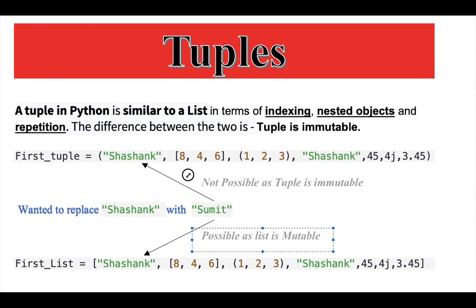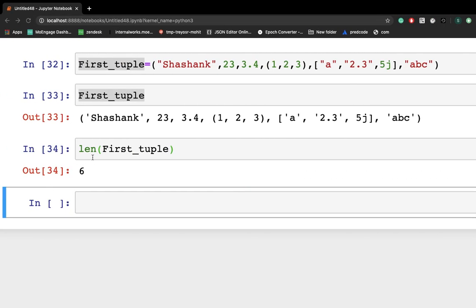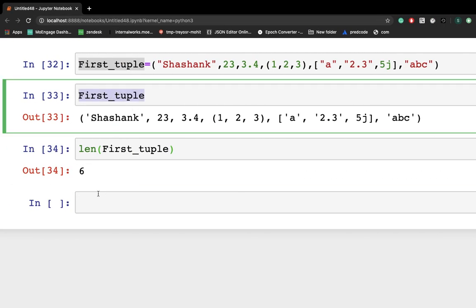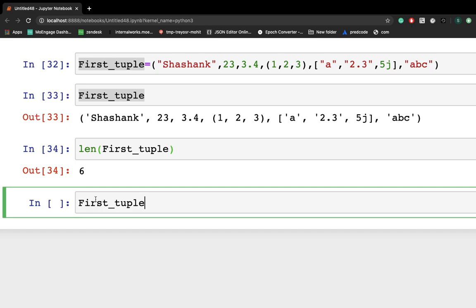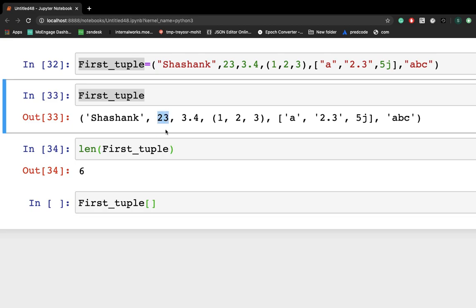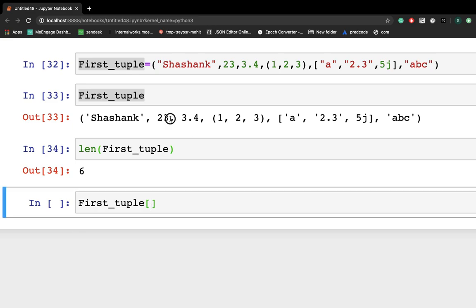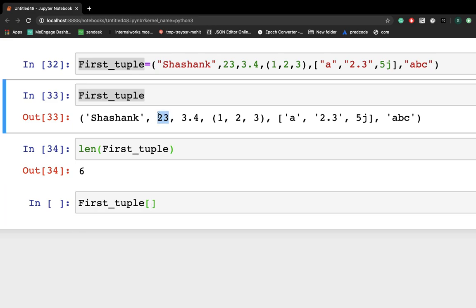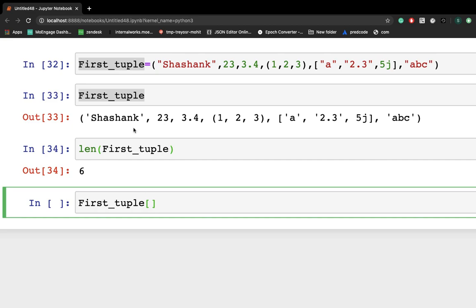Let's check the second concept: can we change the elements inside a tuple or not? I'm writing my tuple variable name, first tuple. Now let's check, can we replace 23 with 24 or not? We have to write the index position of 23, which is 0 and 1.